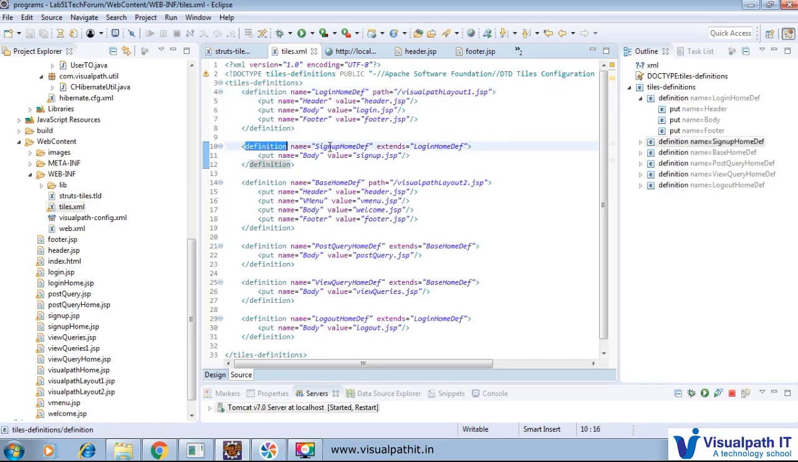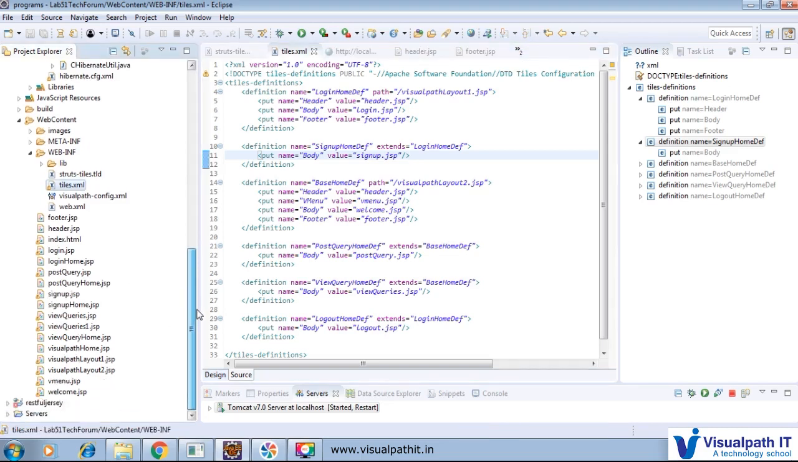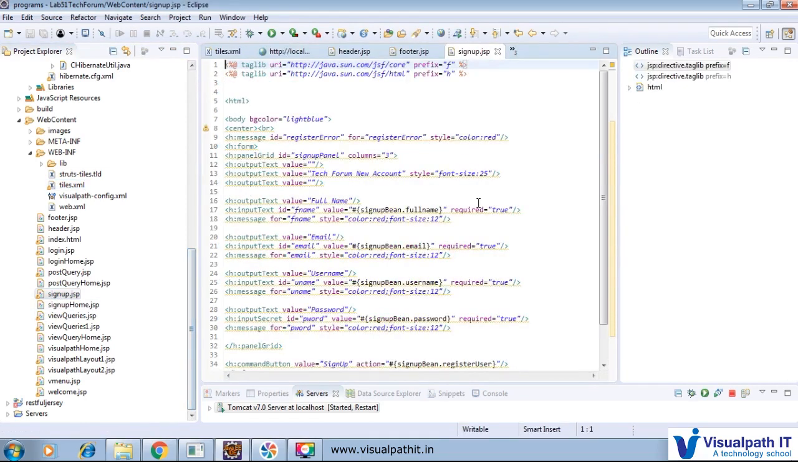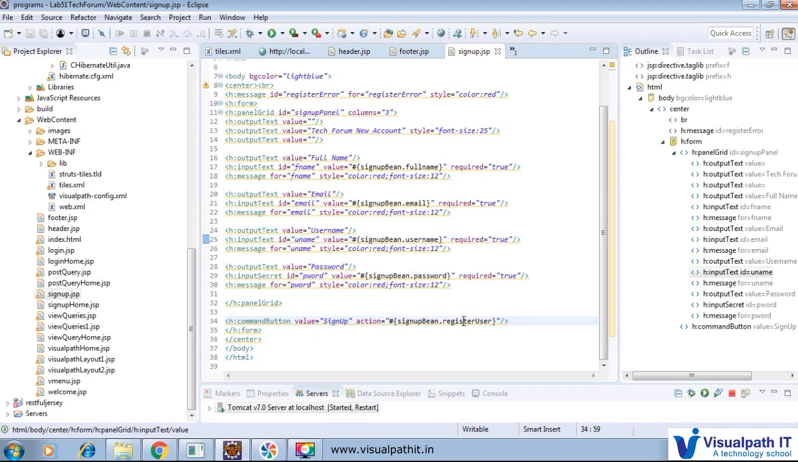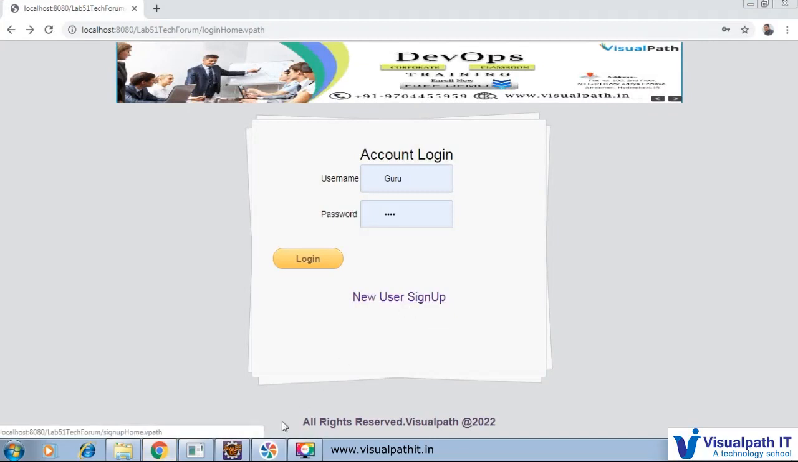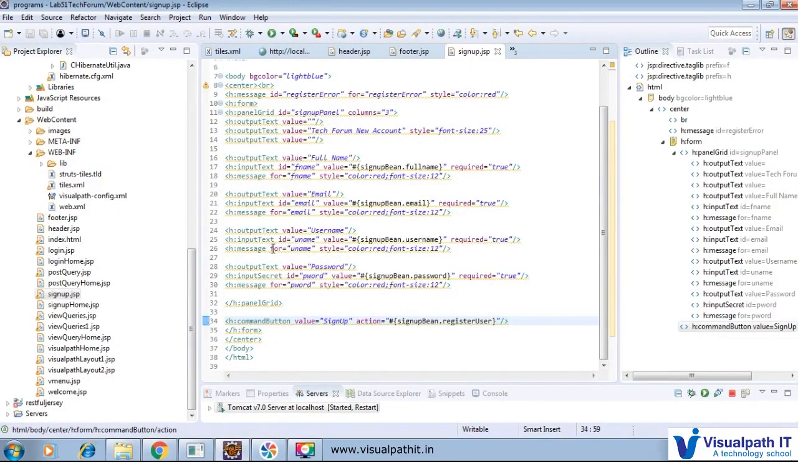So this is the sign up home definition. Here is the main login home definition, and we put the body as sign up.jsp. So what is in sign up.jsp? Sign up.jsp has username, email ID, full name, password, as well as registered user information. When we click on registered user, that particular page comes up, and it is registered inside